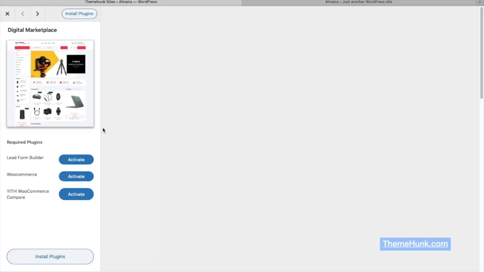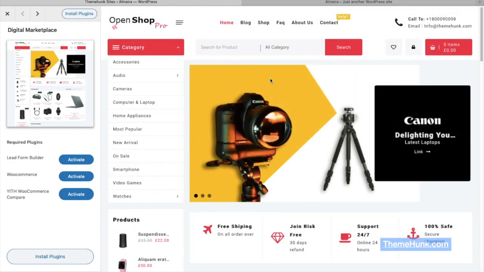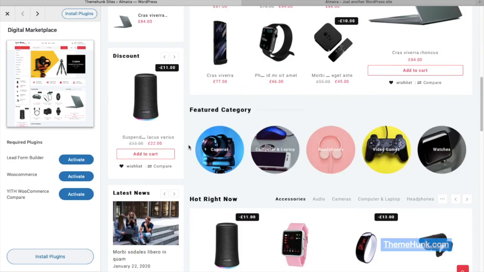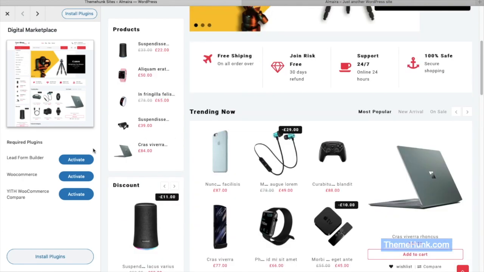So here you can see at the right panel the preview of the template from top to bottom, and in the left panel you can see here are three required plugins indicating. These plugins are required because to show all your products and contact form in your site. So as you can see there, it is indicating to activate these three plugins because I have already installed these